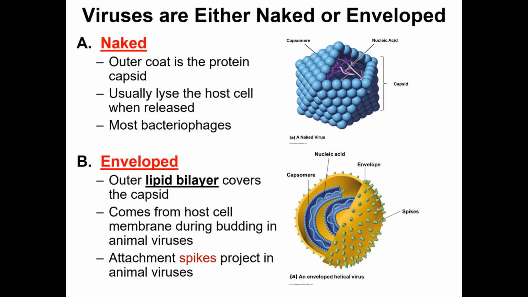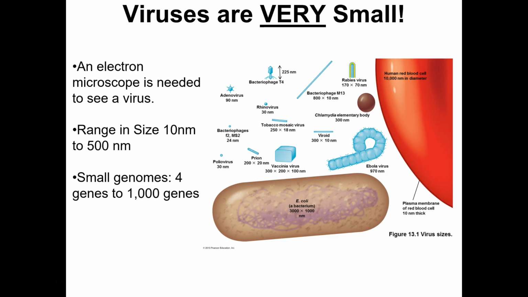So, totally optional. This really only applies to animals that don't have cell walls. So you don't see this with bacteriophages, okay? Or with plant viruses, really. And I'll talk about the spikes here in just a second. So foreshadowing. All right, so here's another fun misconception. People fail to realize how stupid small viruses are. If a virus is to replicate within some host cell, it must be considerably smaller than that host cell. Right? It just makes sense.